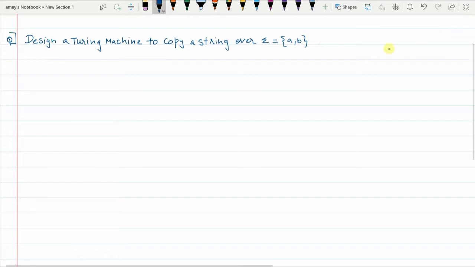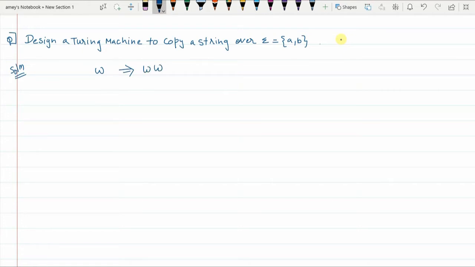The first problem here is to design a Turing machine to copy a string over the given alphabet set {a, b}. If w is the string that is given on the tape, the Turing machine should give the output as ww.